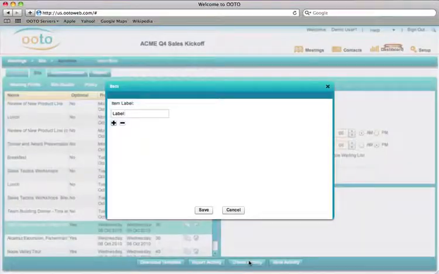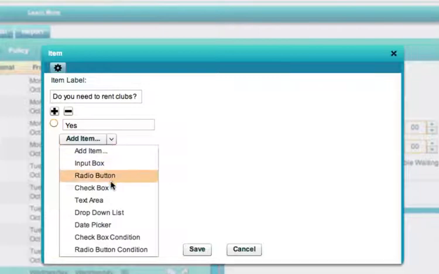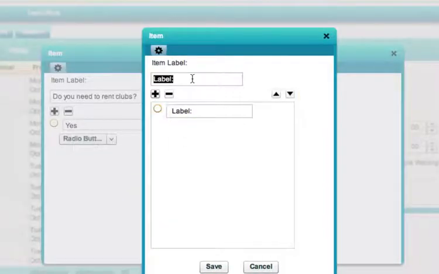So my first question would be, do you need to rent clubs for the golf tournament? And one response might be yes. And if the answer is yes, I may want to ask a subsequent question. In this case, I'll simply ask a radio button question. If you need to rent clubs, do you need right